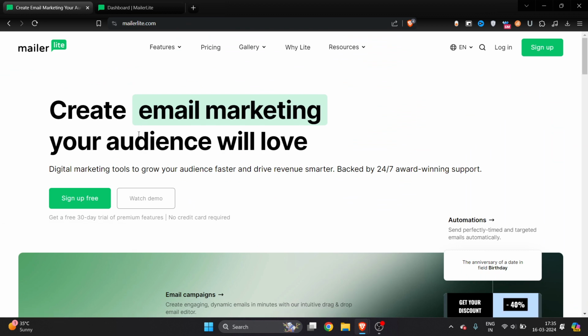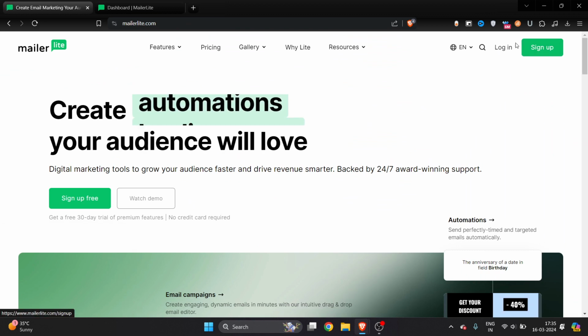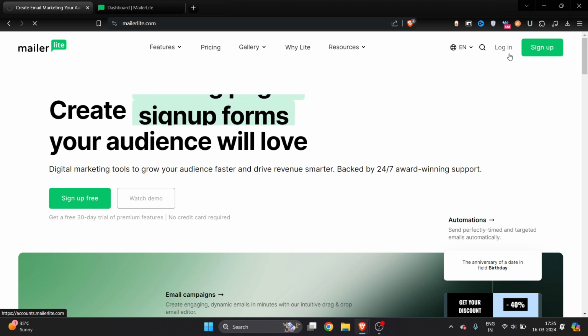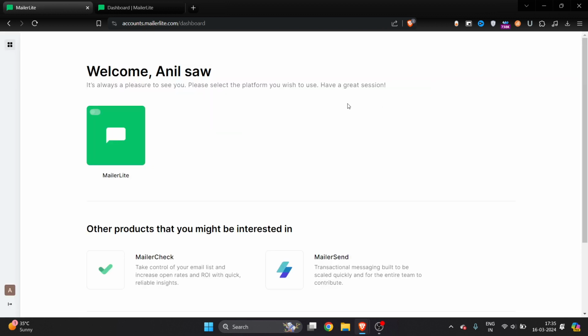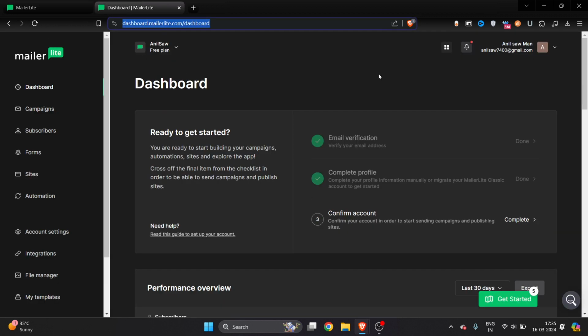and just click on the first link here. It will ask you to log in and sign up. You can also log in and sign up with your Google ID. So I'll just click on sign up as I've already made my ID. It's very easy to do, and once you have logged in, you will be in the dashboard of